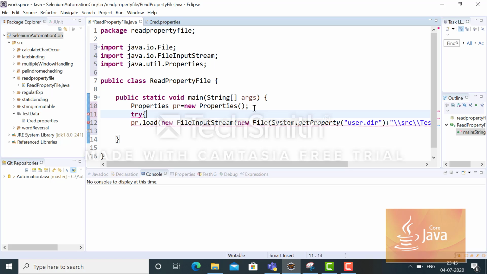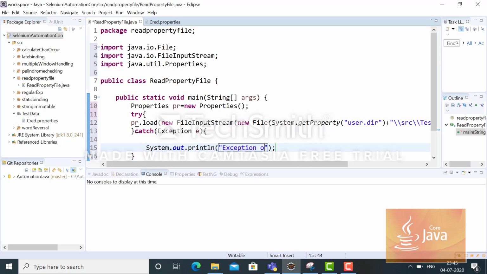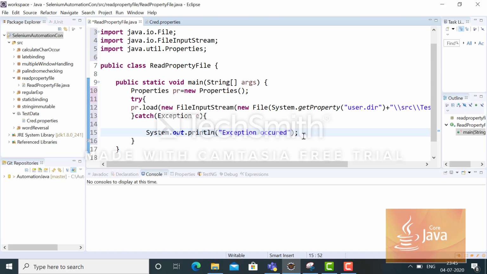So I have to put it in a try catch. That's, I'm printing exception occurred. And if I want to print the complete exception, e.printStackTrace.